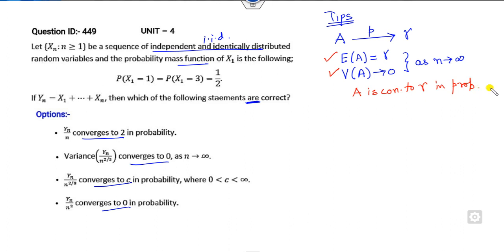That's a simple remark for you. Or you can say this is a consistent estimator. So it means the first part, this part and this part we will check easily. So for Yn, firstly we will find the expected value of